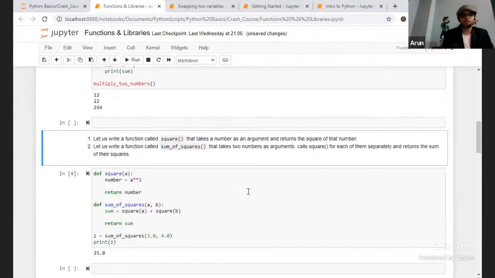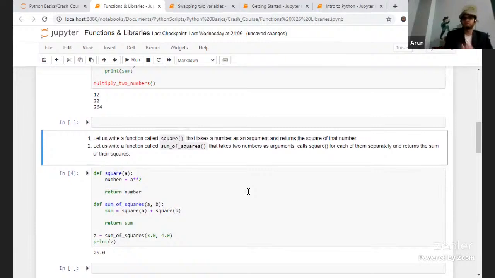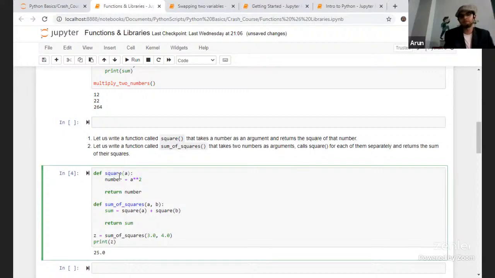Now, we can create a function called square that takes a number as an argument and returns the square of the number. By default it doesn't exist in the standard library, so we'll create a function called square of a and then pass the number to it. When you pass a value 3.0, it will give the square of 3.0. Also, if it is sum of squares, pass 3.0 and 4.0.